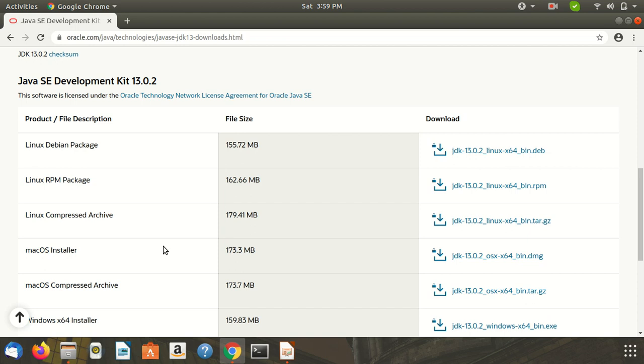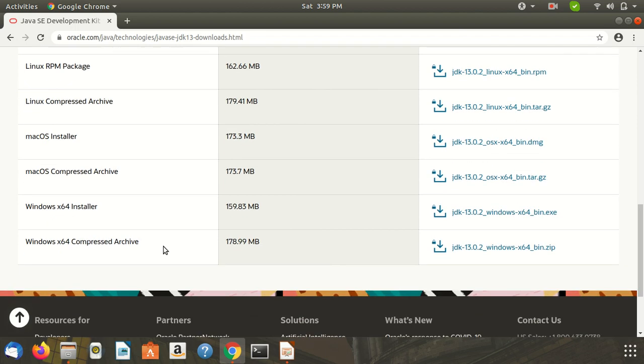It will show different products based on the operating system installed on our computer. For example, there is a Linux Debian package, Linux RPM package, Mac OS installer, and Windows x64 installer, from which we can download the Windows JDK installer exe.